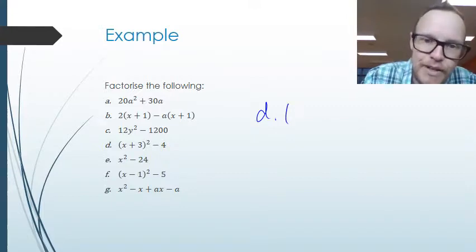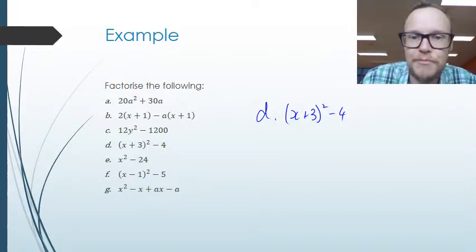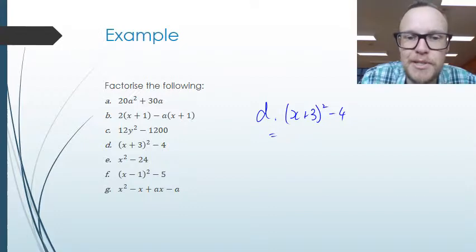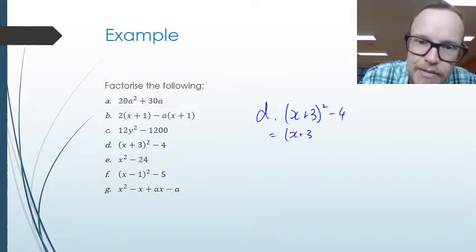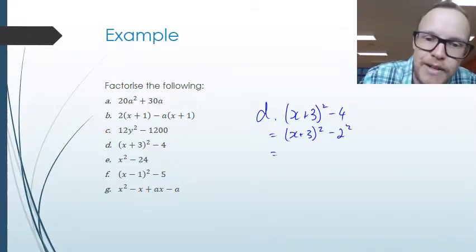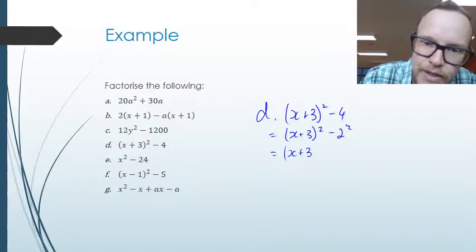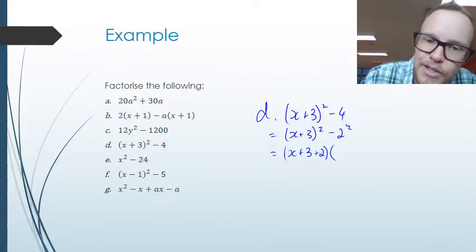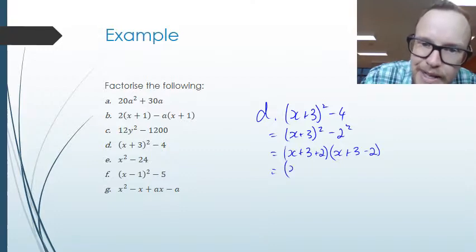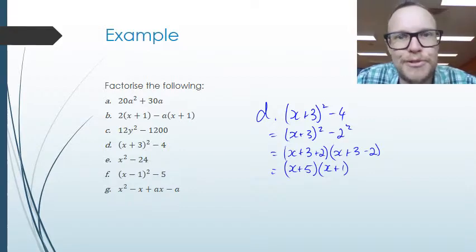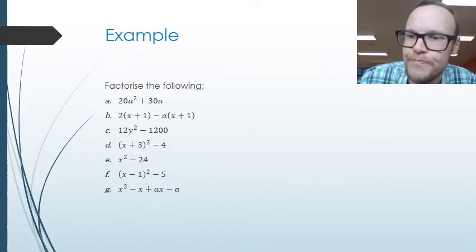Looking at D, I've got here x plus 3 squared minus 4, another difference of perfect squares. The first one's a square, the second one's a square, because this is x plus 3 squared, and this is 2 squared. So I've got my A and my B. So A is x plus 3, B is 2. So if I do x plus 3 plus 2 times x plus 3 minus 2, and I can simplify this to be x plus 5, x plus 1, I've fully factorised that expression. Looking at E,